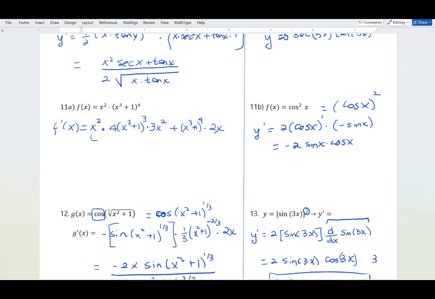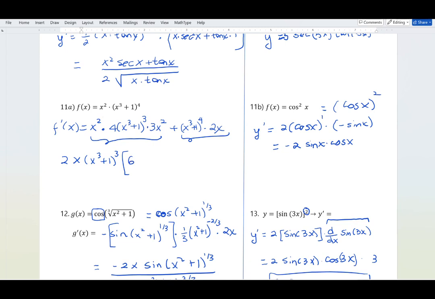And one could simplify this a little bit. You can look at this as your first term, separate with a plus sign, this as a second term, and you could see what is in common to both. Like for example, x is being repeated, right? And also x cubed plus 1 to the 3rd is being repeated. And even a factor of 2. So I could take out a 2x and then x cubed plus 1 to the 3rd, and see what's left behind from the first group. So we're going to have a 2 left here. 2 times 3 is 6. So we're going to have 6 times,